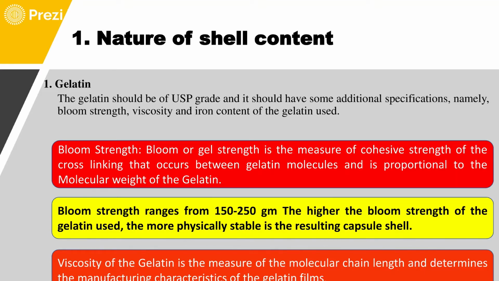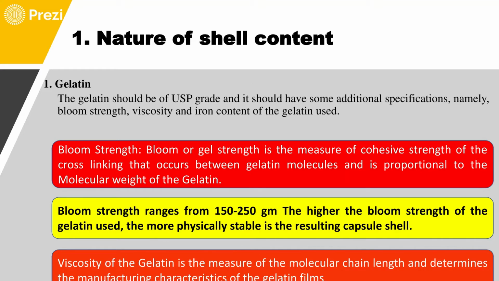Mostly, the gelatin strength ranges from 150 to 250 grams. So, the higher the bloom strength of the gelatin used, the more physically stable the resulting capsule shell is. In a nutshell, you can say bloom strength actually measures the cohesive strength of the gelatin shells. Now, this gelatin shell cohesive strength, or gel strength, actually helps by protecting your encapsulated